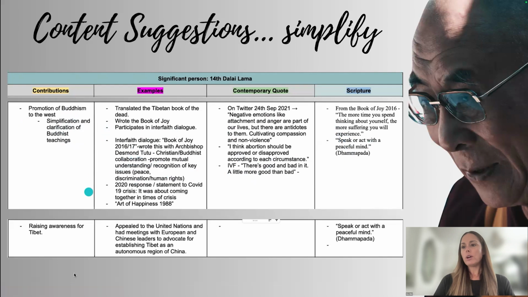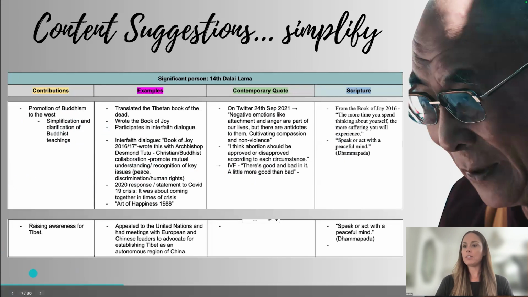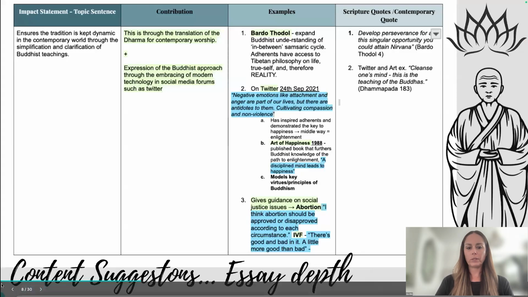Okay. So section 2, I found, particularly for my students that were looking at the Dalai Lama in section 2, they were able to consolidate their content into 4 key areas, if you look at those last 2 slides, and it helped them to apply their content to the verb, but also have this logical correlation through examples. And I'm going to talk about that a lot more when we get into essay content as well. So if I step over to the next slide,